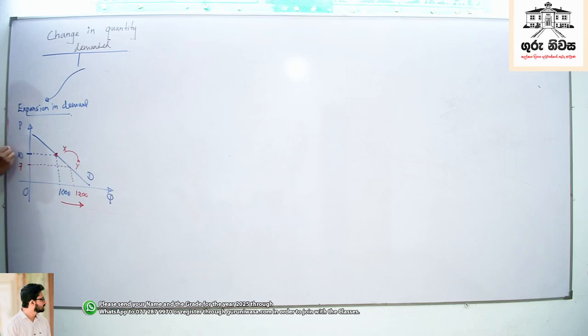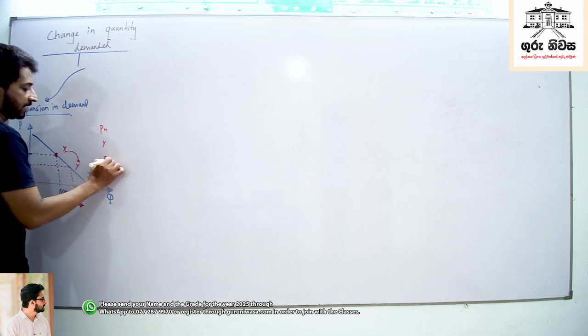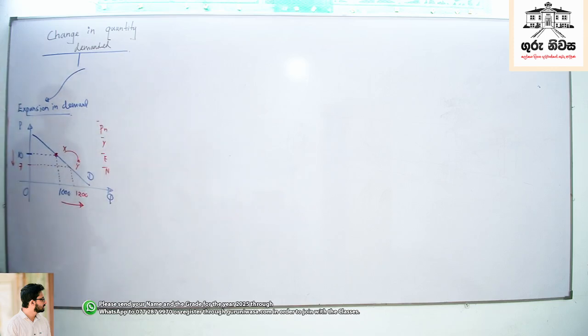Decrease in price. Very good. Decrease in its own price. Remember, this is called expansion in demand. Expansion in demand means people try to buy more due to a reduction in the price of the concerned good. All other factors remain constant here. What are the other factors? PN, Y, expectations, number of buyers; nothing changes. Only the price of the product changes.